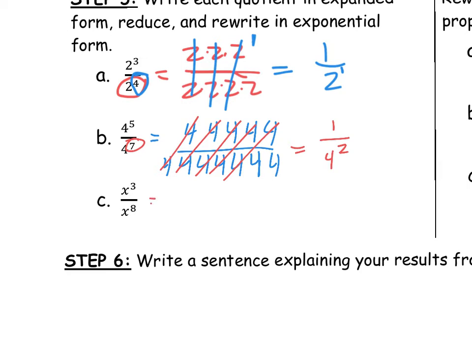Down here I have 8 and I have 3 up here. So I'm just going to say I have 1 over x to the 5th, because 3 of them would cancel out, and you'd have 5 left over on the bottom. Now,